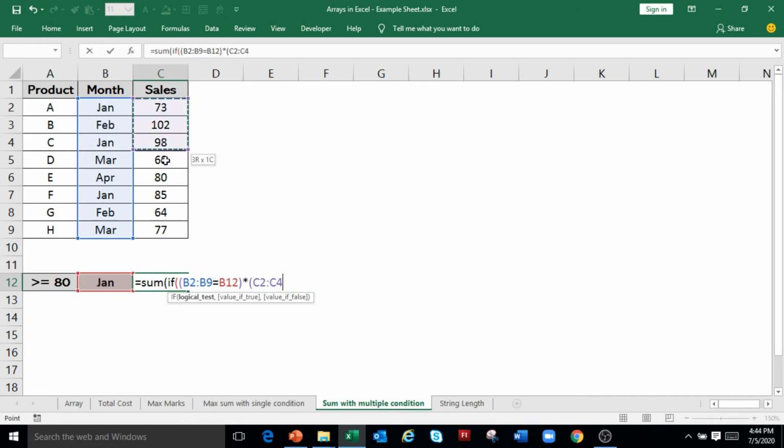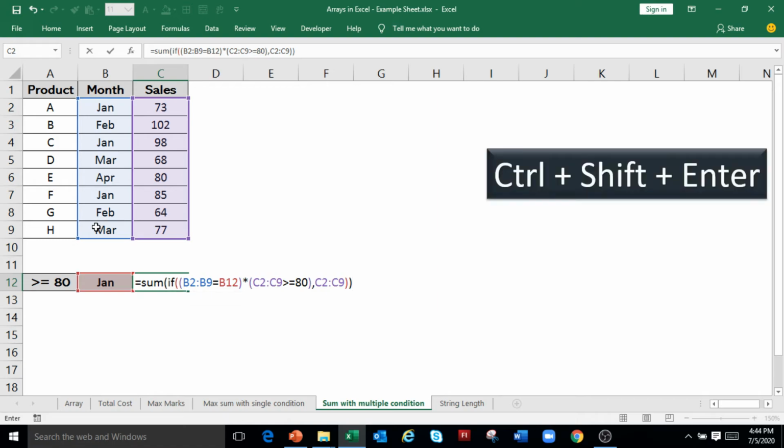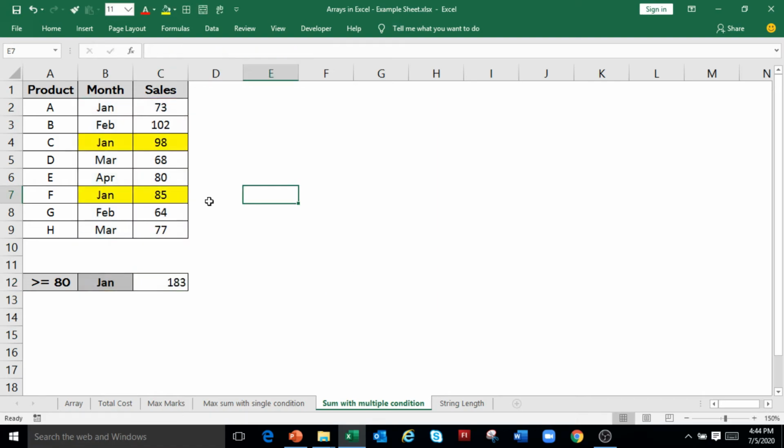So select cell C2 to C9 greater than or equals to 80, closing bracket for second condition, comma, select cell C2 to C9 because we want to get the sum of the sales, closing bracket for IF, closing bracket for SUM, press Ctrl Shift Enter key. Result is the sum of sales where sales value is greater than 80 and month is January. It has excluded the second row where sales is less than 80.